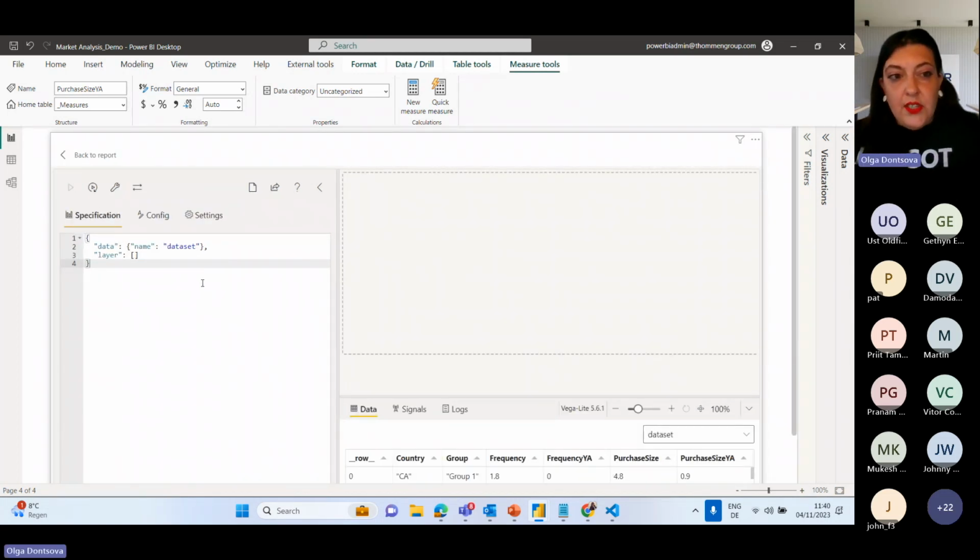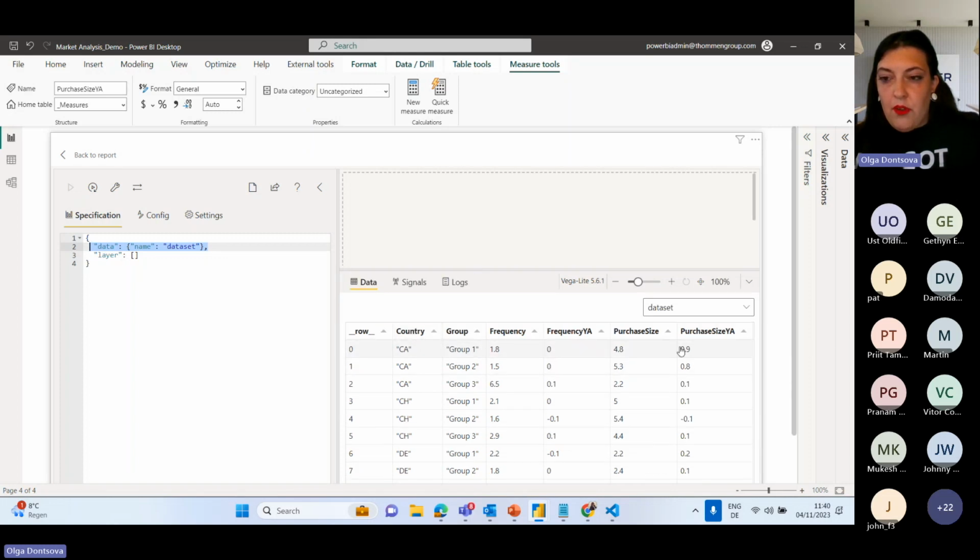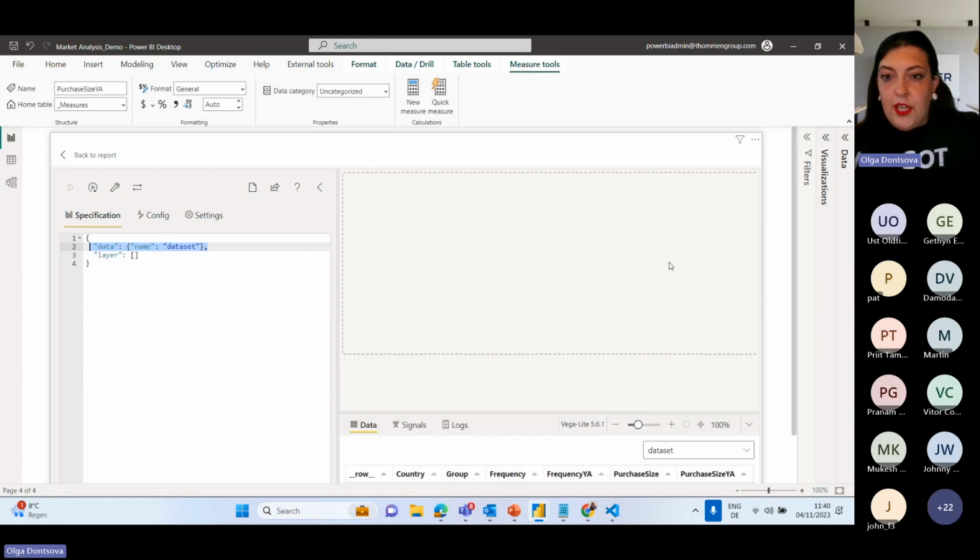Once I click create, Power BI automatically creates these lines for me. You don't want to remove those lines. At least you don't want to remove the data line because it refers to the data set. So here you can see that there is a data set with all the measures that you have added. And here in the canvas, you're going to see the output, the result of what you are actually coding in there. Okay, so I'm going to go ahead and first define the encoding because it's easier to start with the encoding,